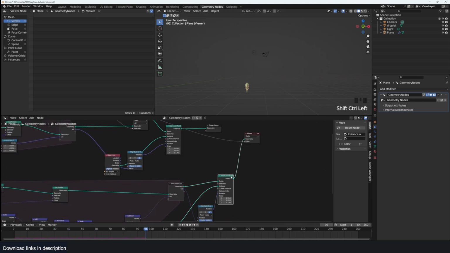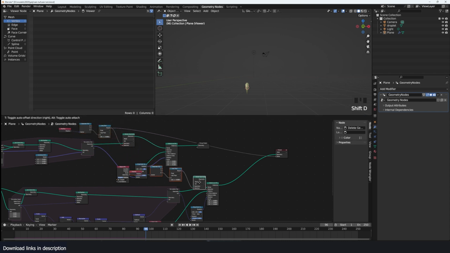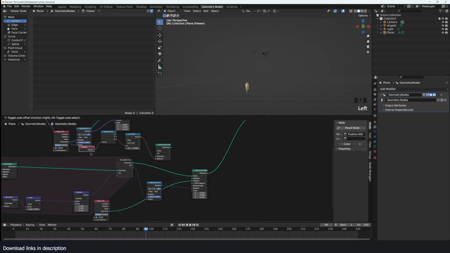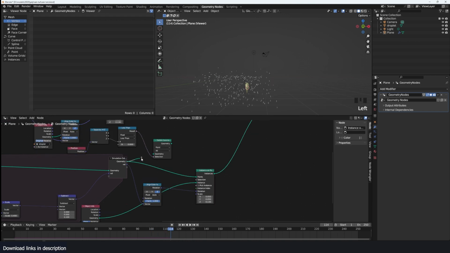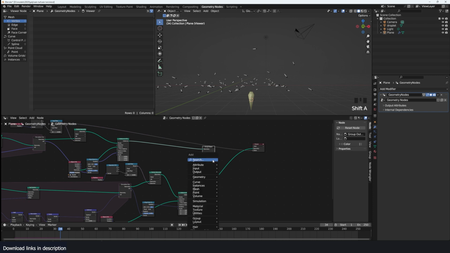We want to do the same thing here. So I'm just going to copy this, and that should also do the same thing for us, deleting these. Perfect. So if we join these together, join geometry, this and this,